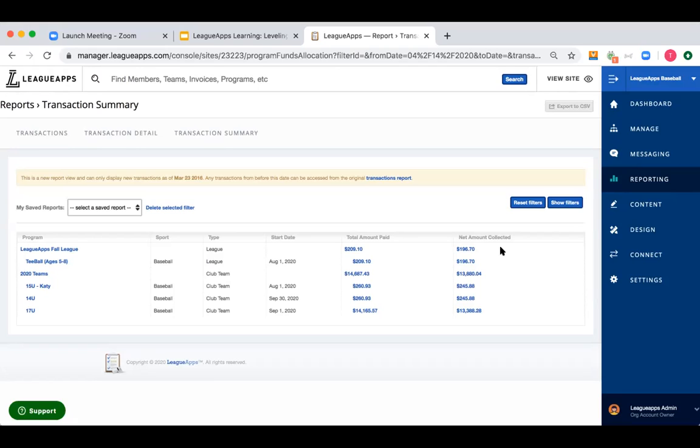Okay, awesome. And then this is a popular topic right now because of, unfortunately, the level of refunds the sport industry is facing. But can you just talk about what happens to fees, processing fees, when a refund is issued?